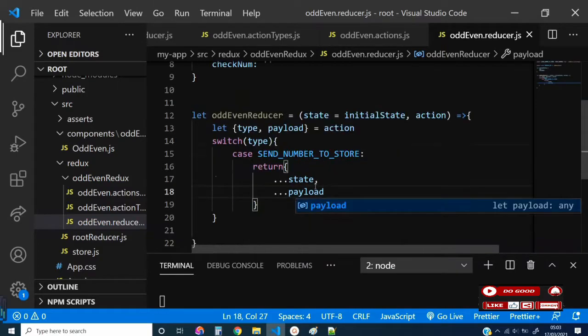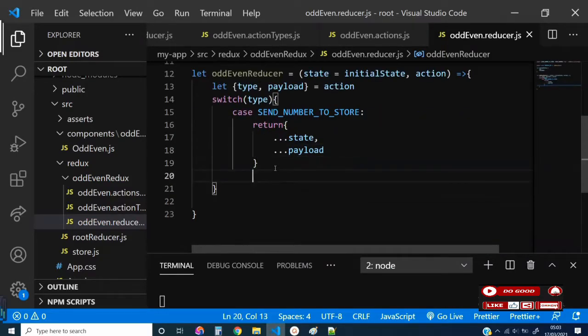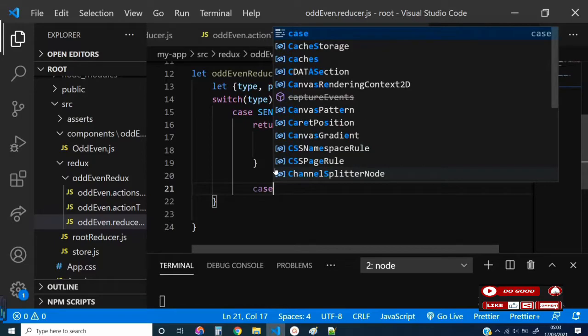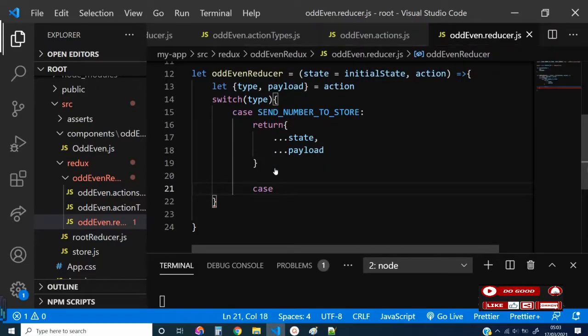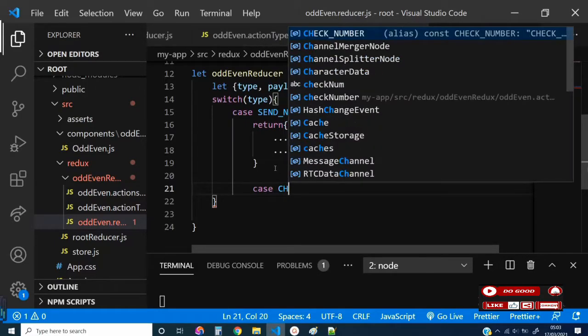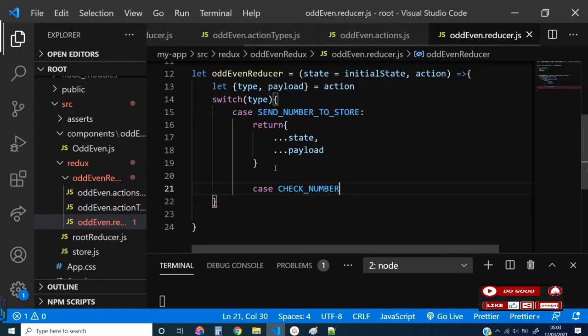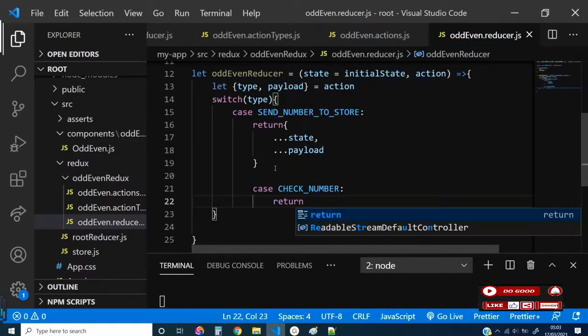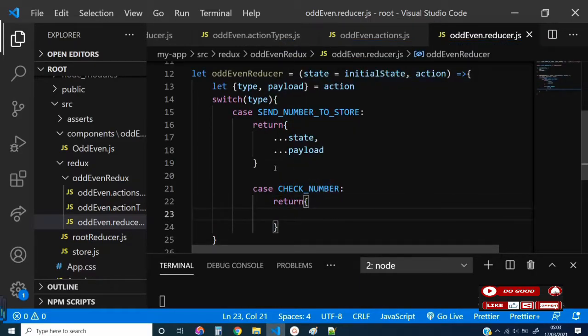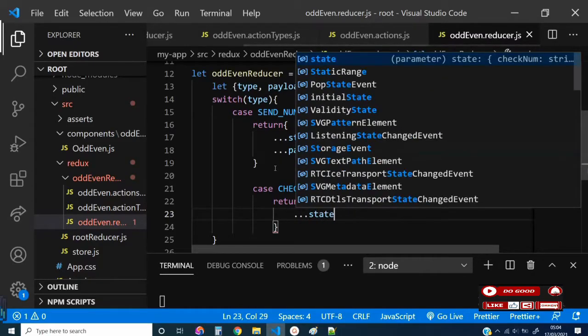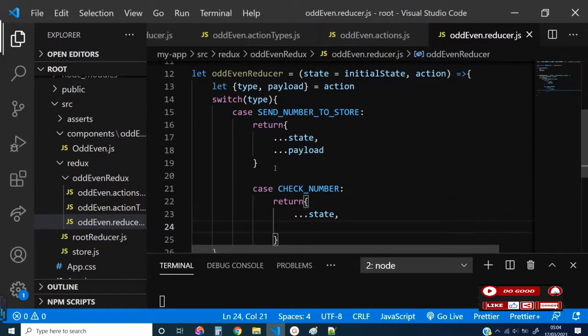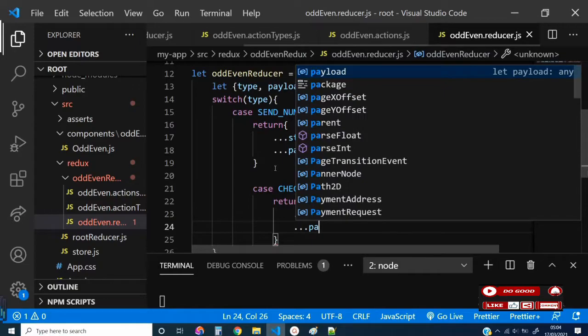Good. Now, how about the case where the CHECK_NUMBER is being called? What do we do? Then return the state back again, comma, give us the payload back,